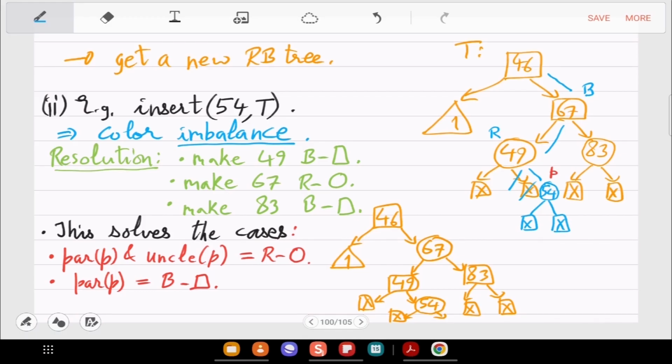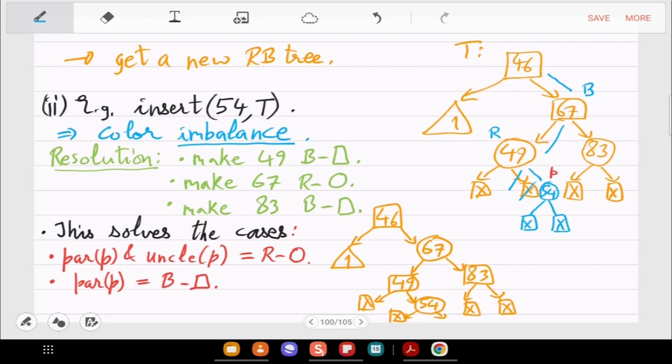Yeah, so perhaps what I have to say is that this may recur upwards. So when you make 67 red and there is a conflict with its parent, then the color imbalance is now shifted upwards.